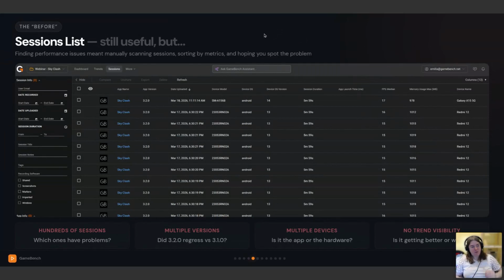So this is kind of what I was referring to in terms of the session list. We've made quite a few improvements to it, but it's still very difficult to see the wood from the trees, especially if you have a lot of sessions. With the new session list, it's possible to sort by the median FPS. It's possible to filter by the app version. So you can kind of piece together some